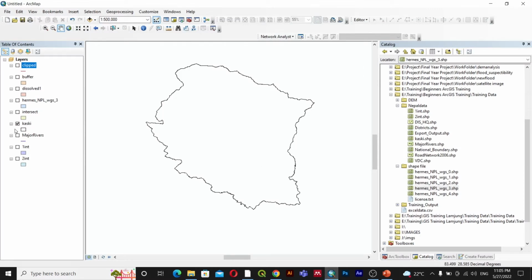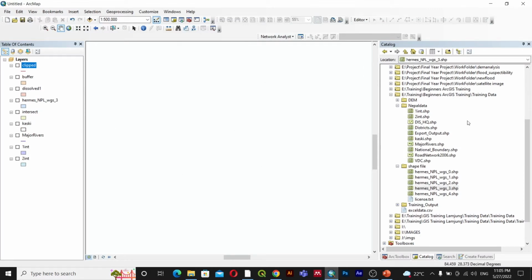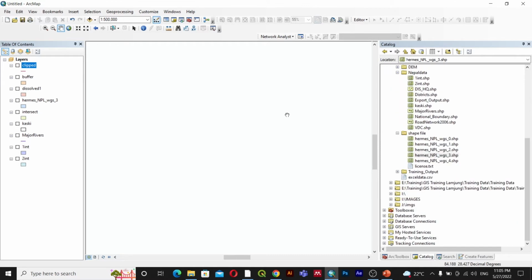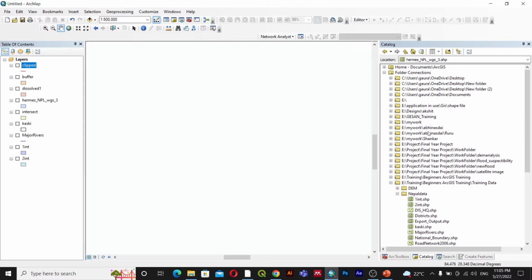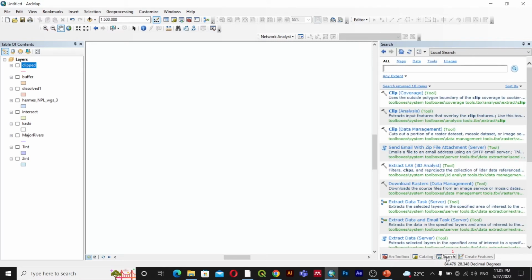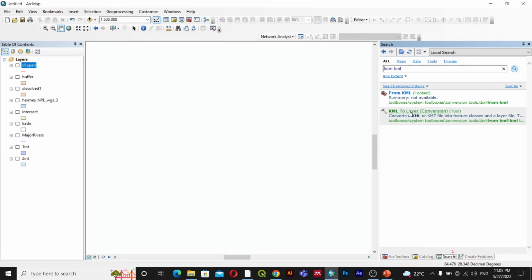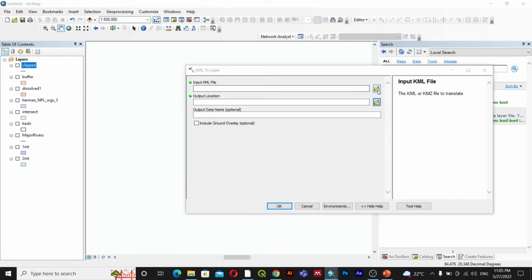Now we have to add this KML data in our GIS. Before, you directly added Shapefile, but in this case we have to convert this KML into Shapefile. So for that case I'll go to search and then search KML. And then you can see this KML to Layer conversion tool. So click on this. The input KML is